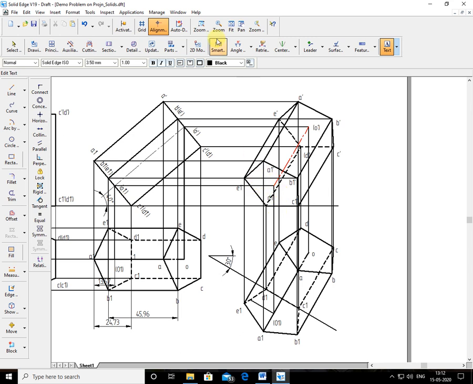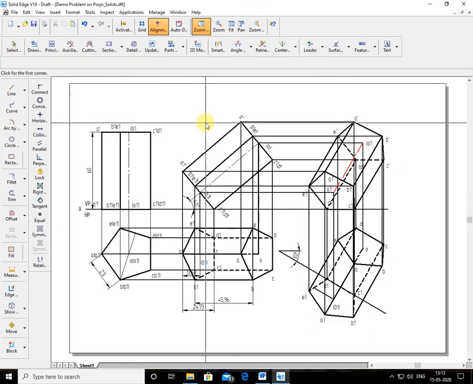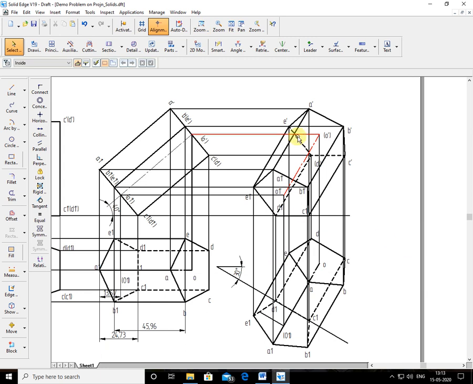I hope you can imagine this figure in 3D. Now if I make this portion a little bit darker, you can feel this as 3D. This is a 3D object. Okay, you feel it as a 3D object. Now I'll make it a little bit darker, so you can imagine this 3D object. So for still better imagination, see here.